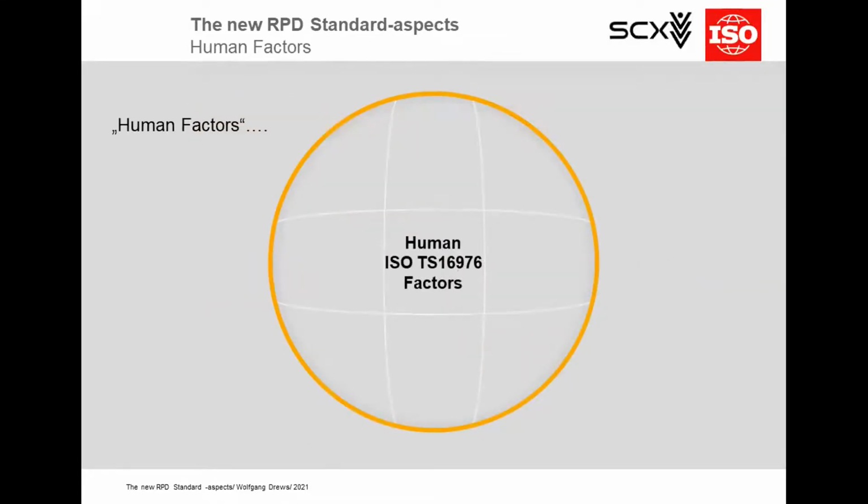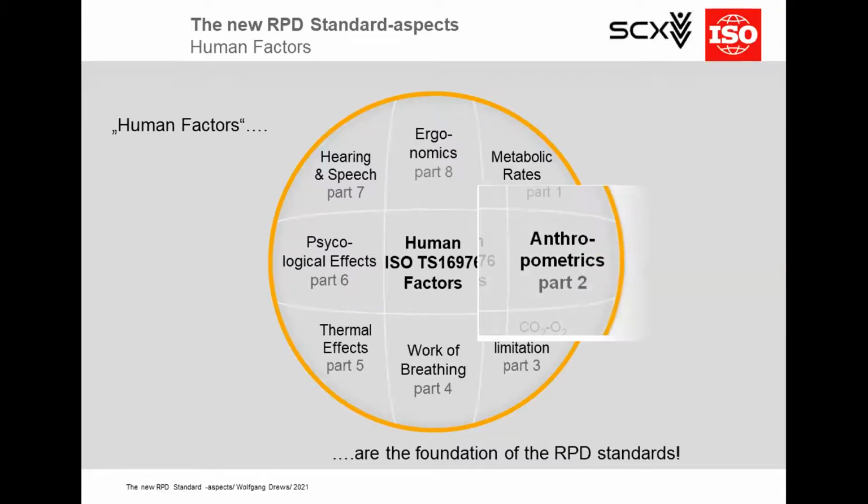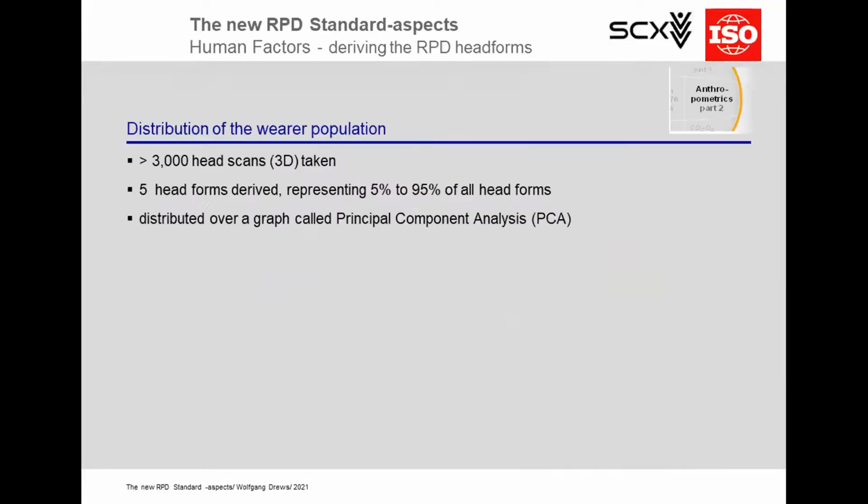As I mentioned earlier, human factors is the foundation of the standards. We have 8 documents: metabolic rates, thermal effects, hearing and speech are some of those. And anthropometrics I would like to give as an example. That is the study around